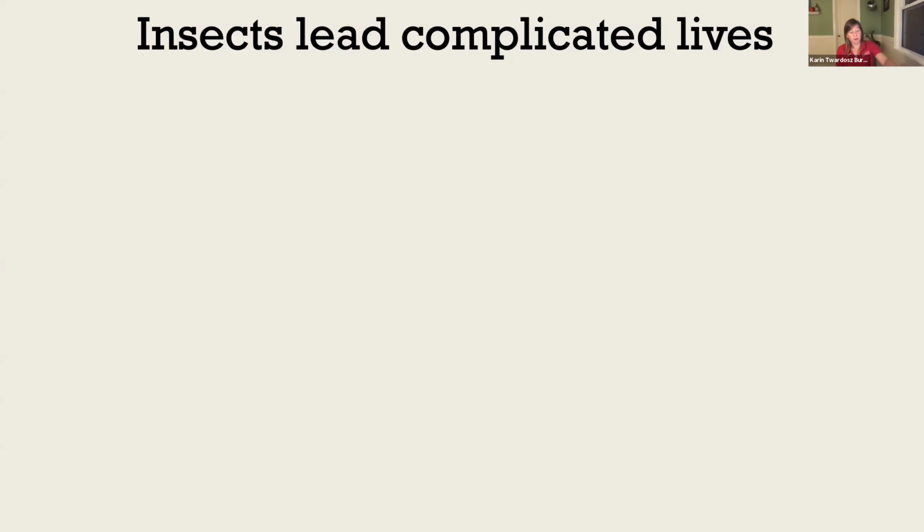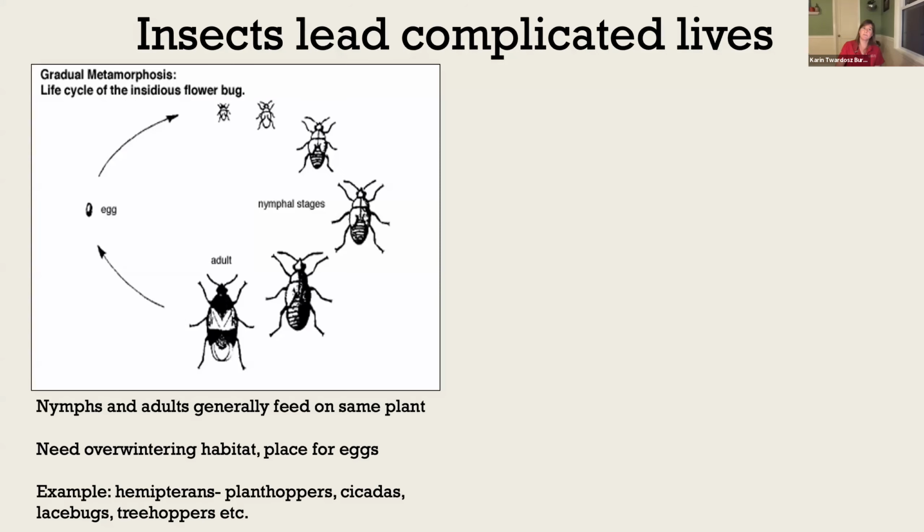Well, first of all, insects lead pretty complicated lives. So insects evolved two pretty impressive superpowers that have made them an incredibly successful and diverse group of organisms that we see around us today. One of those is flight, and the other is metamorphosis. And flight is important for the dispersal of insects around these different landscapes, but I'm not really going to be focusing on that primarily today. What I'm going to be talking about today is metamorphosis.